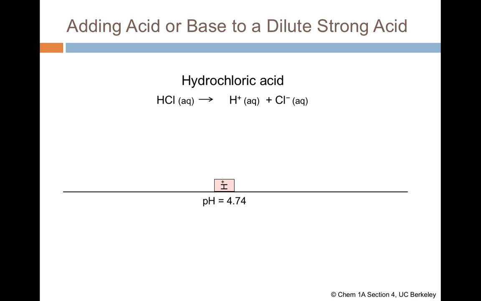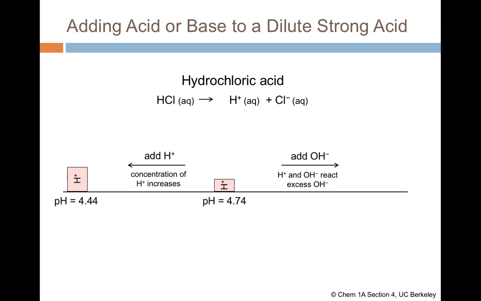So if you use a very small amount of hydrochloric acid, for example, you can obtain a pH of 4.74, and if you add just a little bit of H+ to it, that's going to increase the H+ concentration, but not by very much, so your pH stays about the same. That's good. But the very dilute HCl solution will not be very able to resist changes in pH if a base is